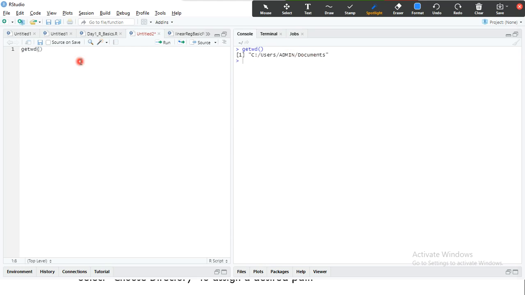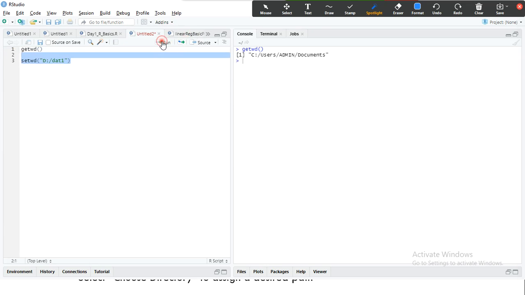Now let's say I want to set the current working directory to my D directory. I use set working directory and give the folder.